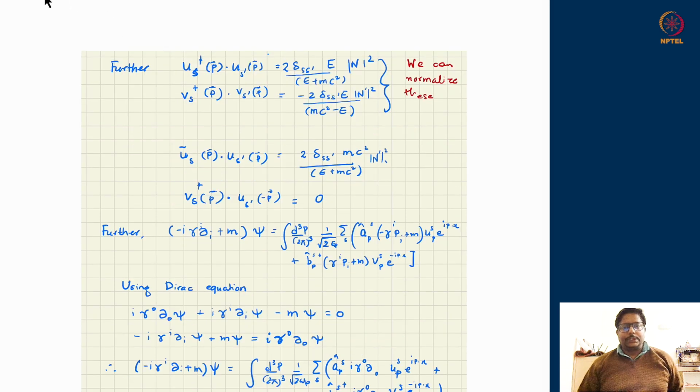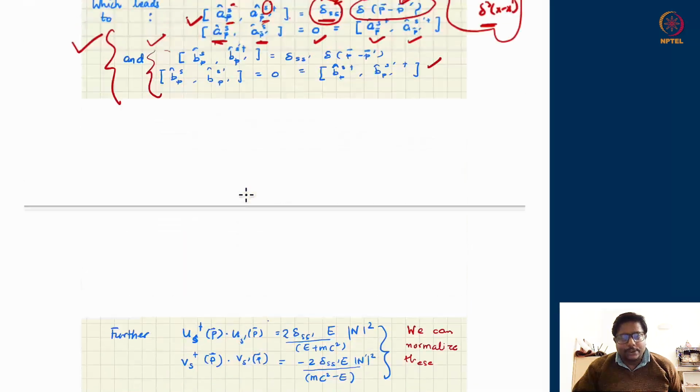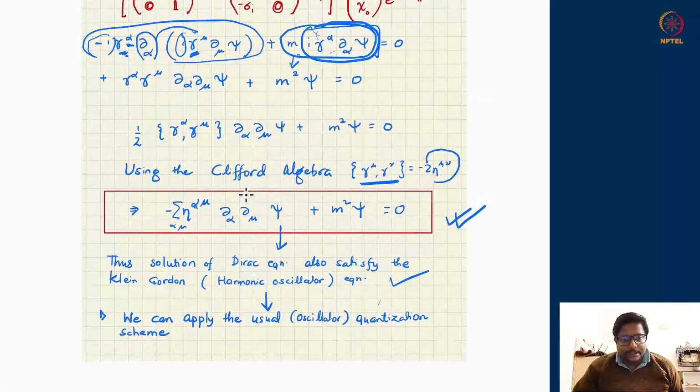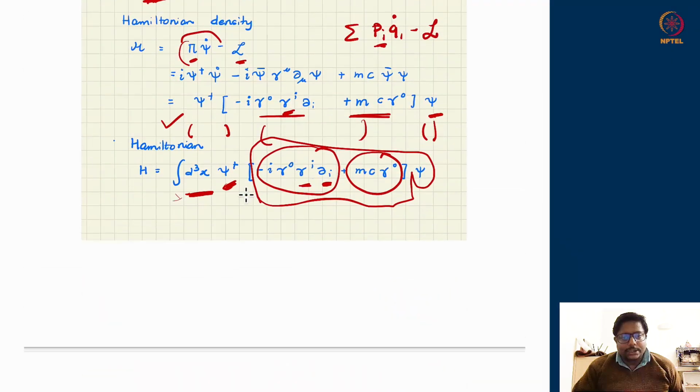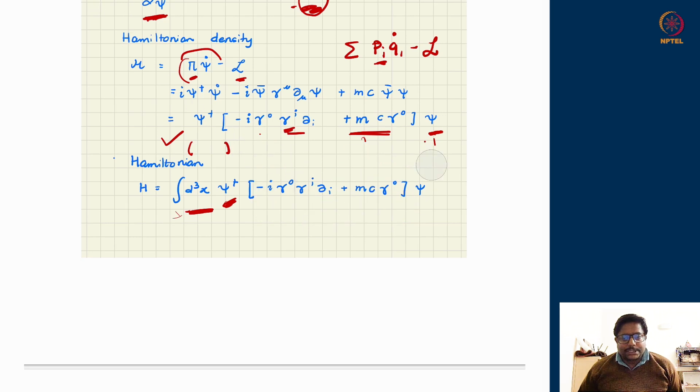So now we have these relations in hand, we have the commutator structure in hand. So let us go ahead and operate things on this. First I want to obtain this operator, which is all the spatial derivatives coming with a gamma factor acting on psi. Why do I need this operator? For that, let us go back to the Hamiltonian which we had obtained for the Dirac field. Remember, in the Dirac field's Hamiltonian derivation, the temporal derivative got exactly cancelled out, and we were left with only the spatial derivative with appropriate gamma i's multiplied to them.